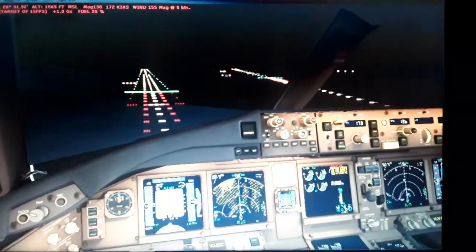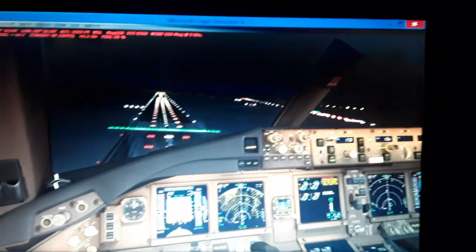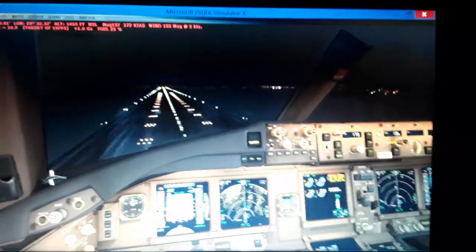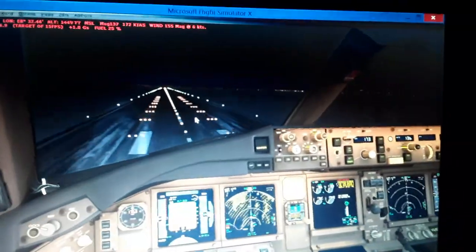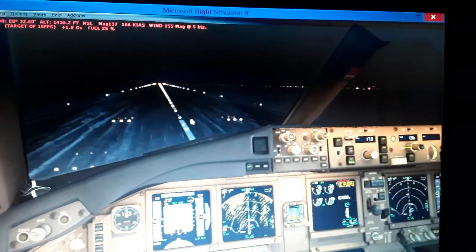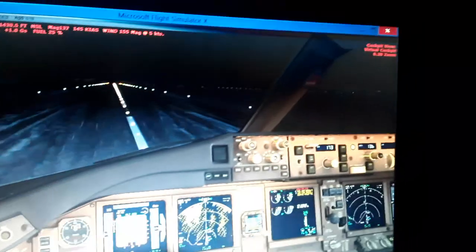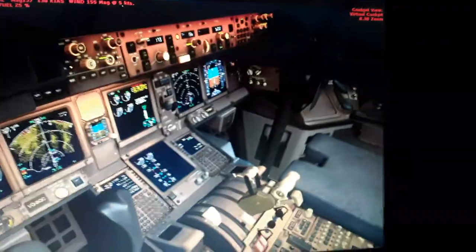So here we are, 100, 50, flare, 30, 20, 10. Here we go. Just landed. Reverse thrust and park and brake. So we use the reverse thrust, full reverse, and align with the rudder pedals. So here we are, just landed into the runway 14 to the National Airport. You can see here the nose wheel